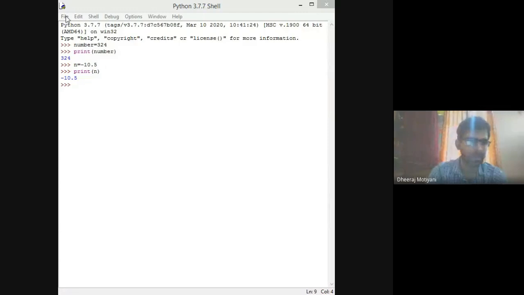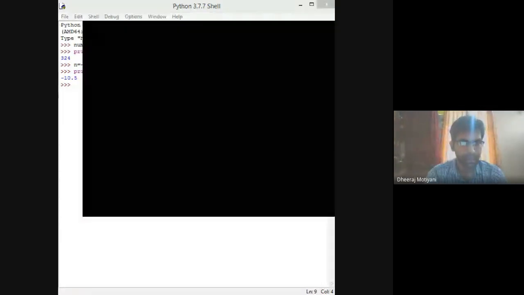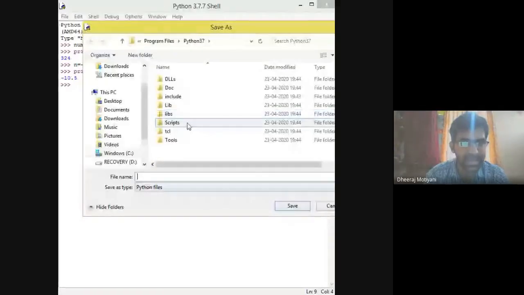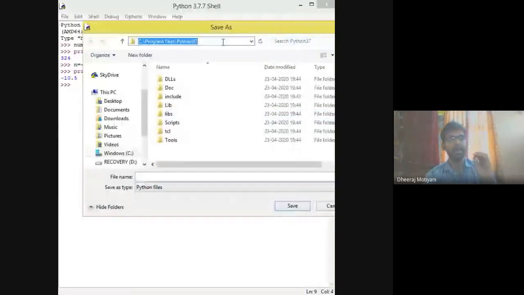Now save this file. Where I'm saving: inside C program files Python 37. So what is 3.7? I've installed my Python 3.7 inside program files. Now, how will you be able to understand where my Python 3.7 is?